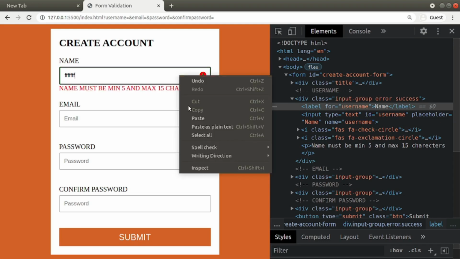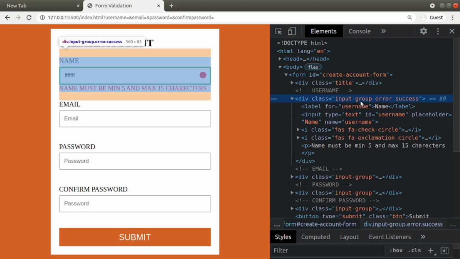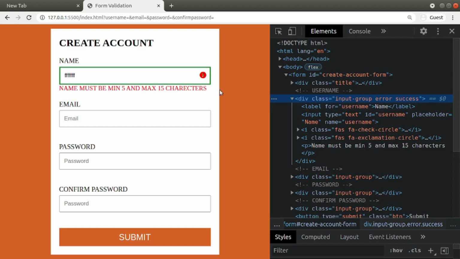Right click, inspect. Here it is the input field, username input field, and go to its parent, this div. See, we still have error class and success class because we are not removing error class when we are adding success class, and we are not removing success class when we are adding error class. We'll do that one.